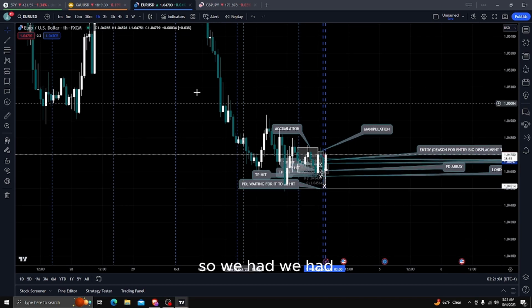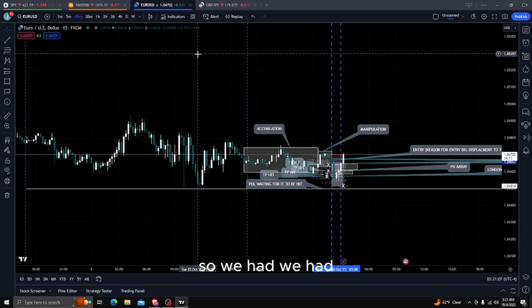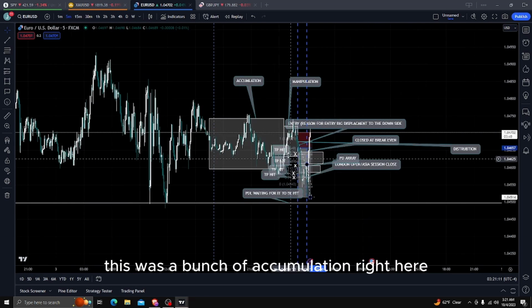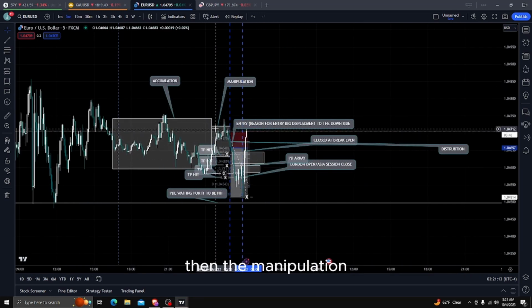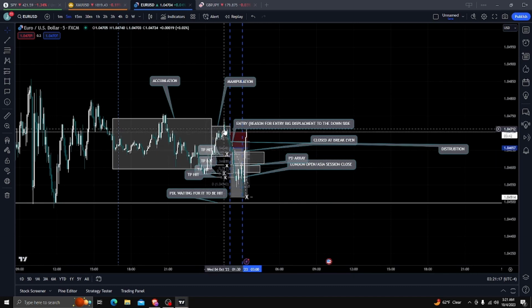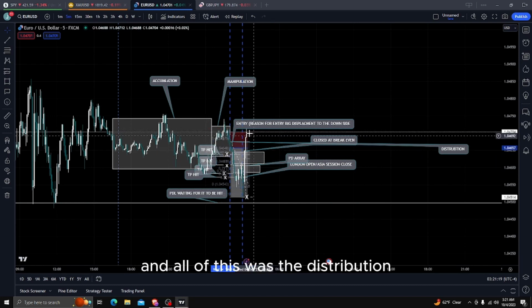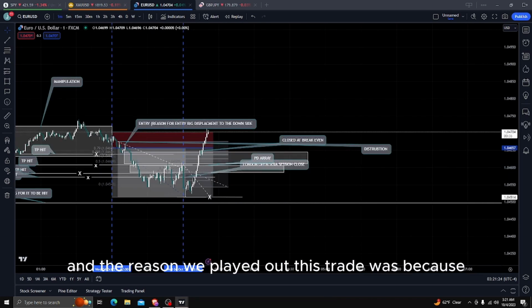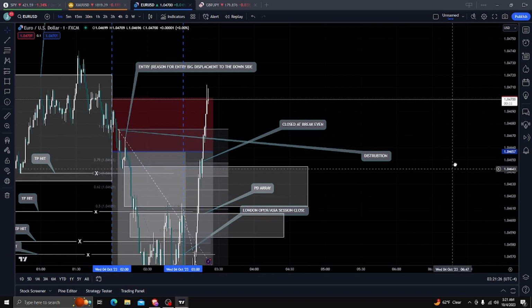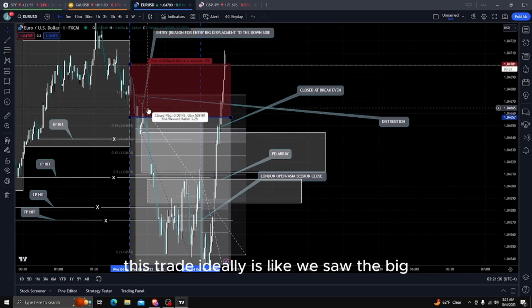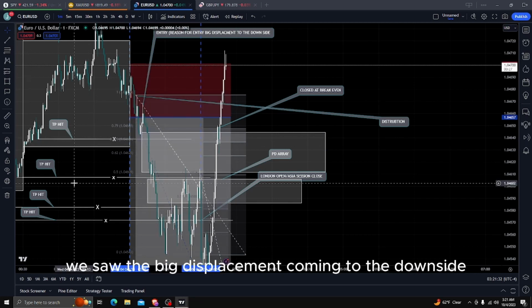We traded this during the London session. This was a bunch of accumulation right here, then the manipulation, which ended up leading all the way back up, and all of this was the distribution. The reason we played out this trade was because we saw the big displacement